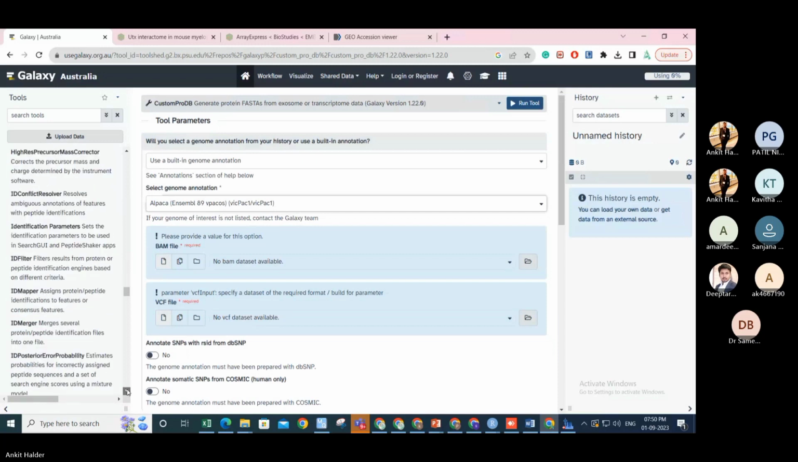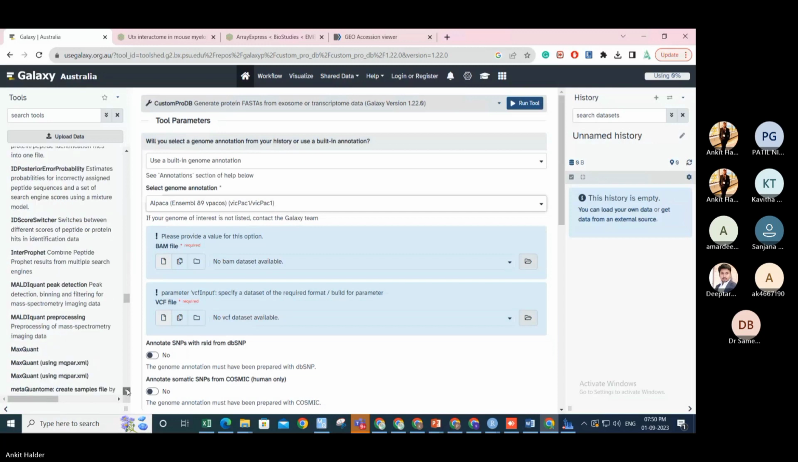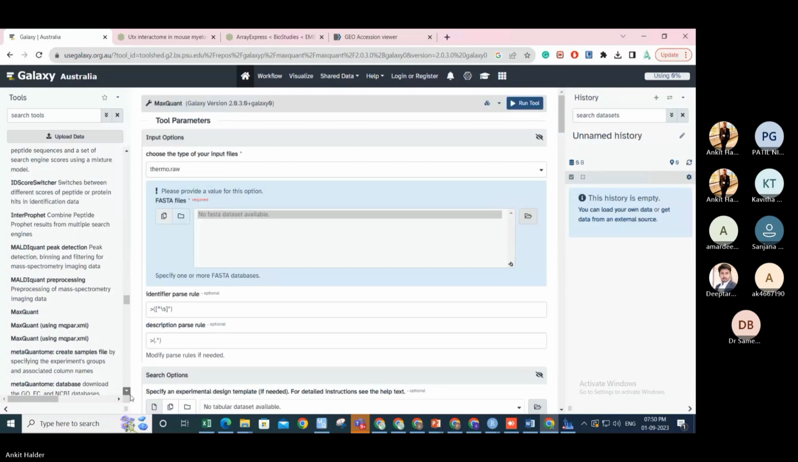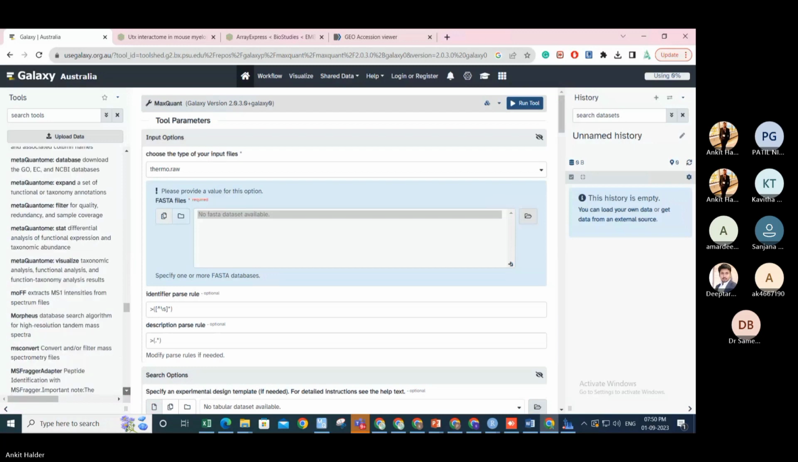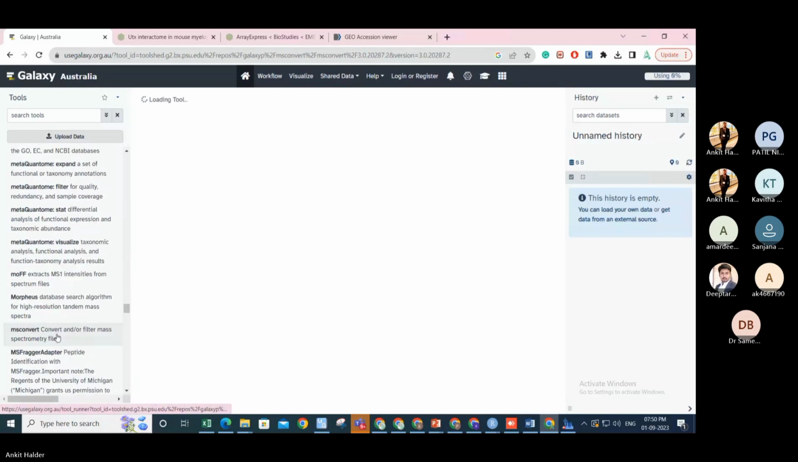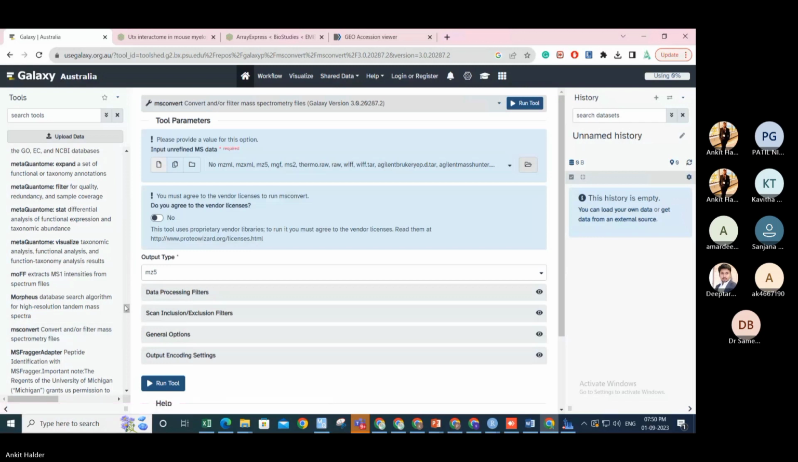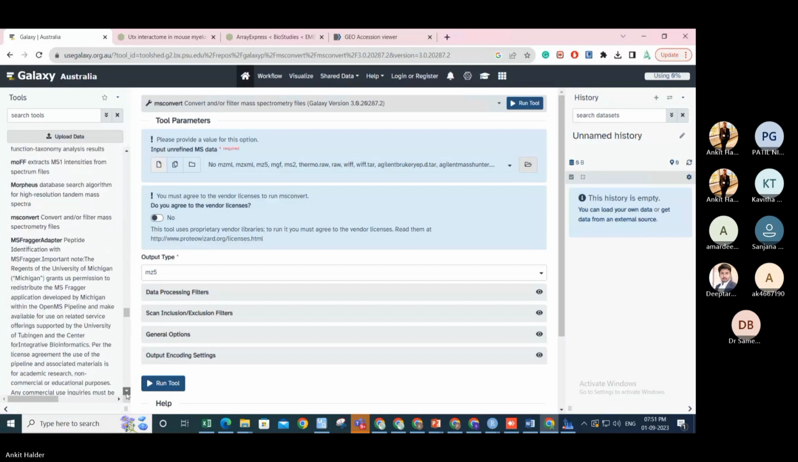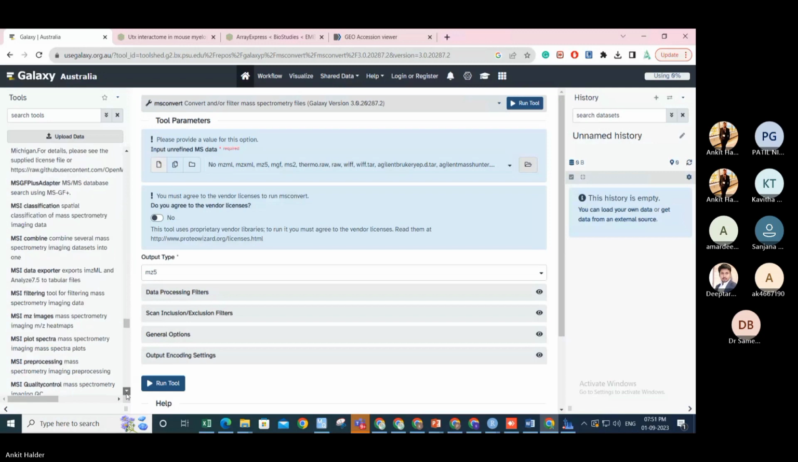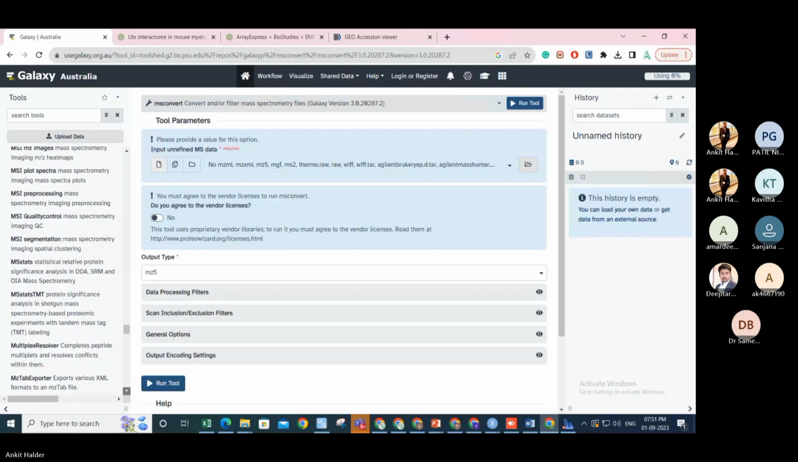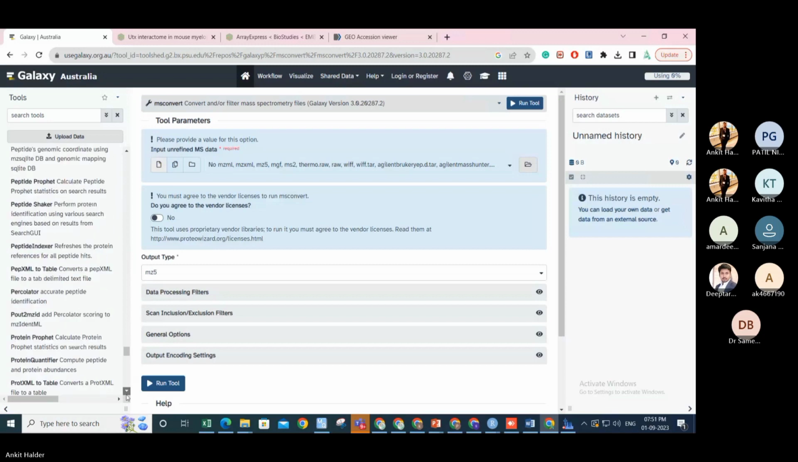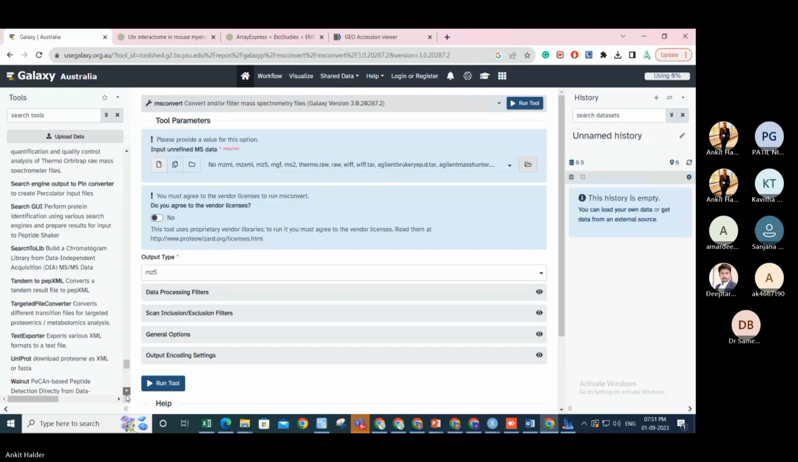So all these you can find here. You can use MaxQuant as well. If you want to convert any files, you can do that. There is also an image tracker. So you can find all those things here, and this gives you a very good